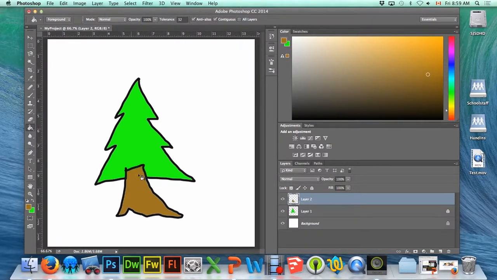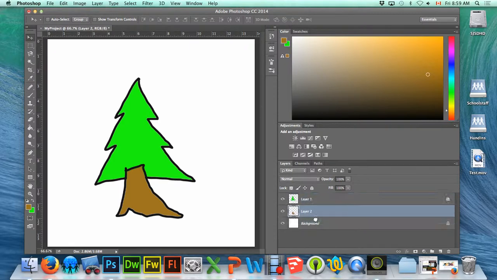Now I did this on purpose and put the tree trunk in front of the tree because in some cases you may have objects you want to rearrange so that one is in front of the other. And what I can do is simply grab this tree trunk and drag it underneath the tree and let it go. So now I've reordered the layers. Okay, so once that's done, again I can lock that level,